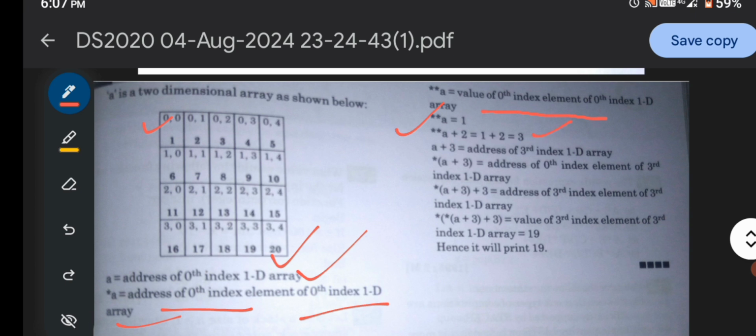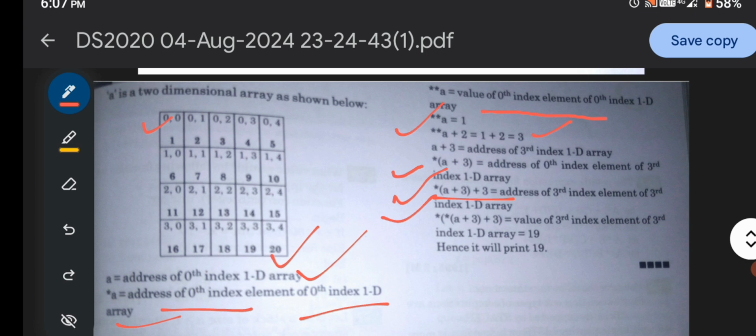Now a plus 3, that is the address of the third index in the 1D array. So here it represents the address of the zeroth index element of the third index element. Now as we add all these three, this expression shows the address of the third indexed element of the third index 1D array.